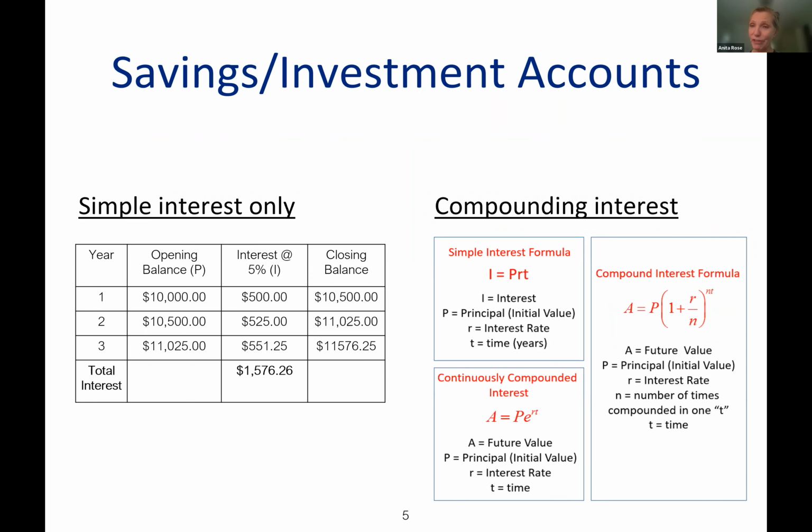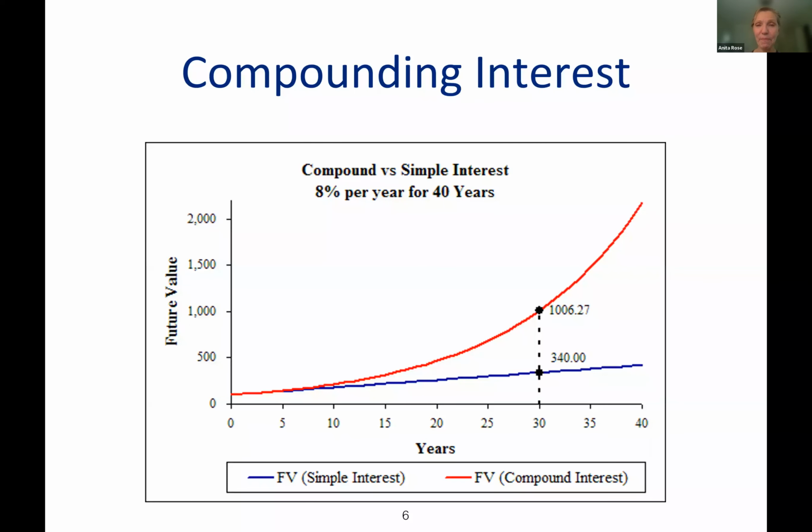Here are some formulas. If you're interested in that, you can go ahead and knock yourself out by going through that. But here, let's have another visual example of compound interest. If we have just simple interest over a 30-year period, starting with 8% and $100 started here, in year 30 we would have earned $340, as opposed to 8% compound interest, which gives us over $1,000.